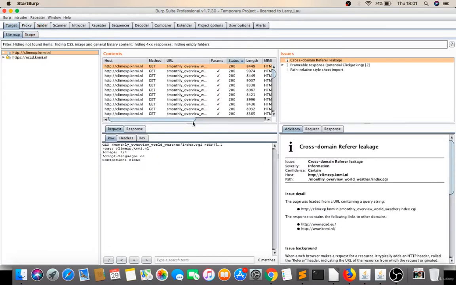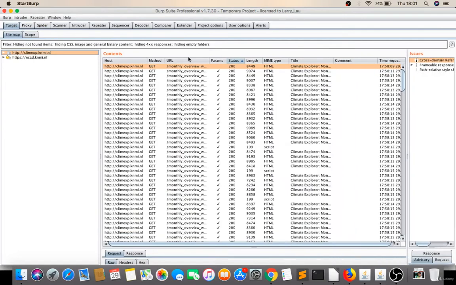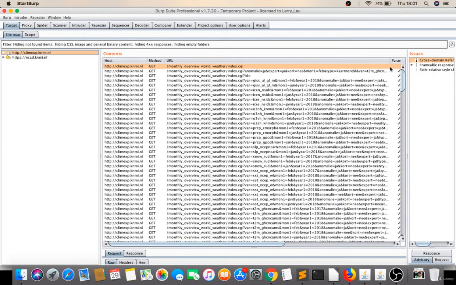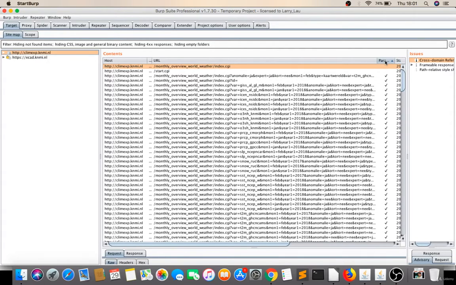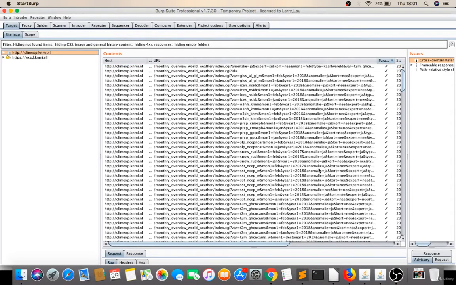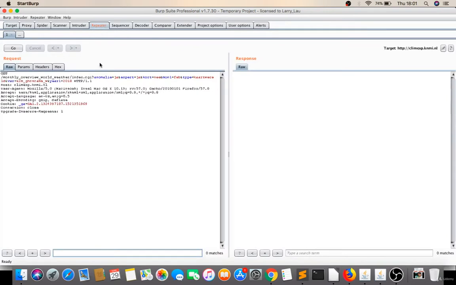So now the second step is to find URLs having parameters. So these are the URLs having parameters. I will try one by one. So there is no parameter. I will double click on params. See this? These many URLs have parameters. I'll pick the first one, right click, send this to repeater. Go to repeater. There are many parameters.